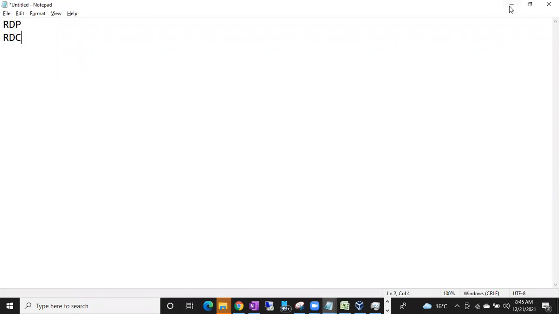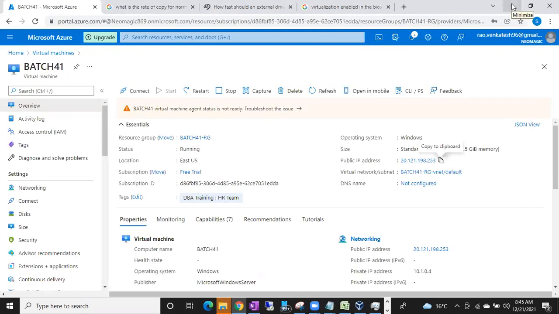Using this tool, I'm going to connect to the server remotely. Why? Because the server, where it was created, guys, can anyone tell me where this server is created? In the cloud. Very good. In which location was it created? East US. Means if I want to connect to the server, first of all, I have to book one flight ticket, go to the US and connect to the server, right? So the Azure subscription is free, but if you want to connect, come to my location.